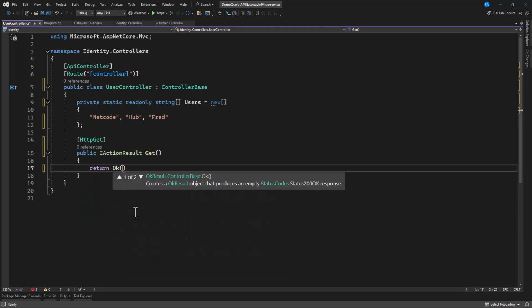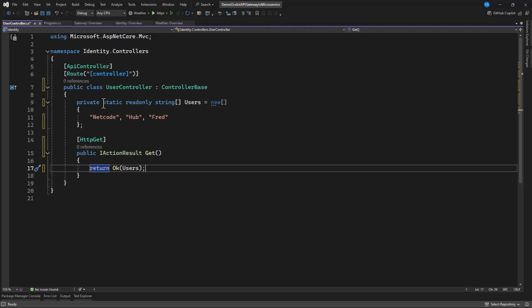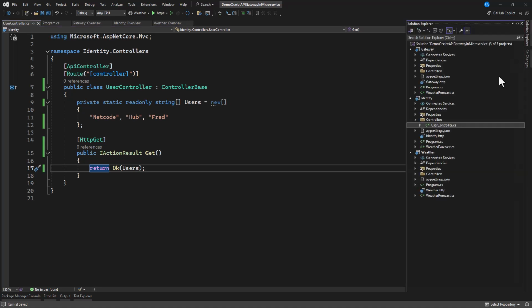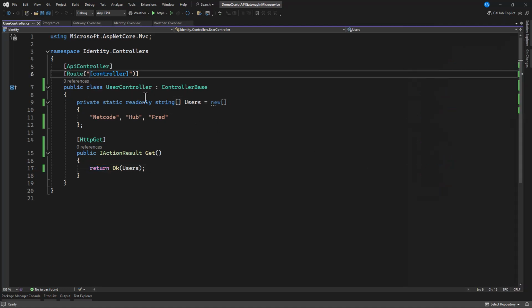Okay. Let's specify our users in there. Alright, so we're going to return this. API is going to return user. Okay, let's go to the next API, and that is the weather. And you know weather is returning weather, right? Here we want to make it